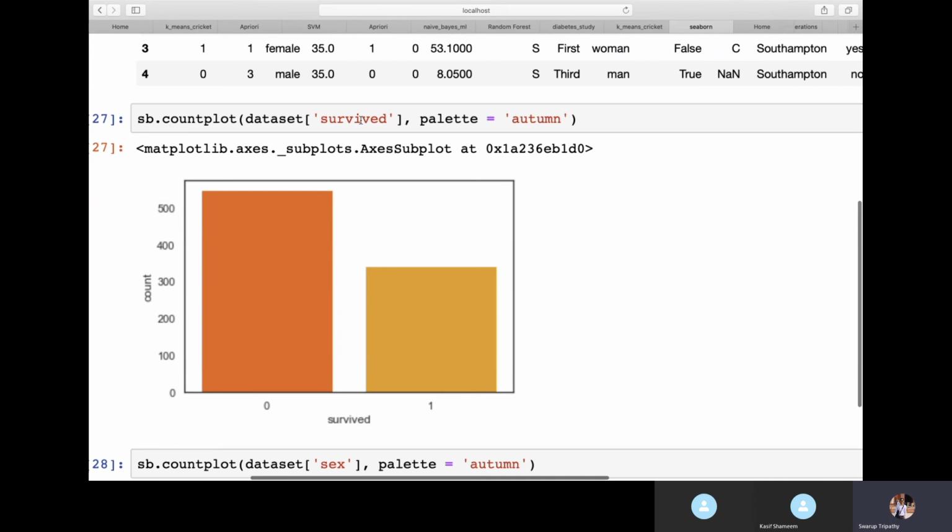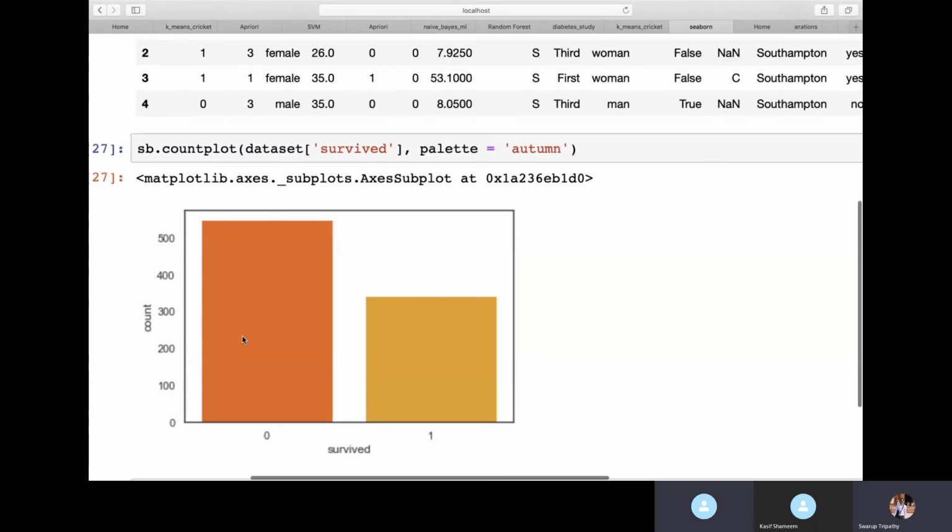So in the count plot of dataset survived, you can see more 0 values as compared to 1. So we can say that more people didn't survive. Within our dataset, most of the people died and fewer people survived. Here 1 is less and 0 is more. So that's what the count plot is used for, to get more insight, saying more people died within our data. Getting it? Okay, you can plot this.